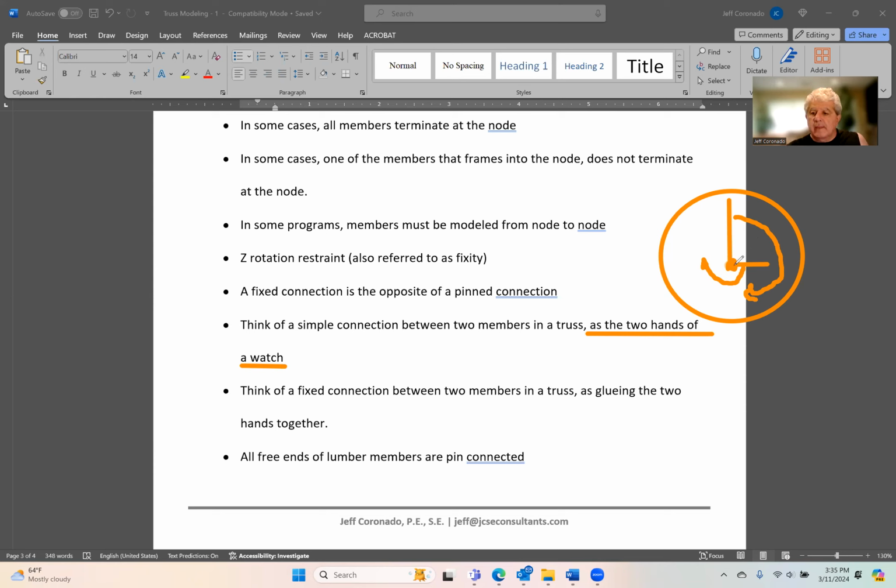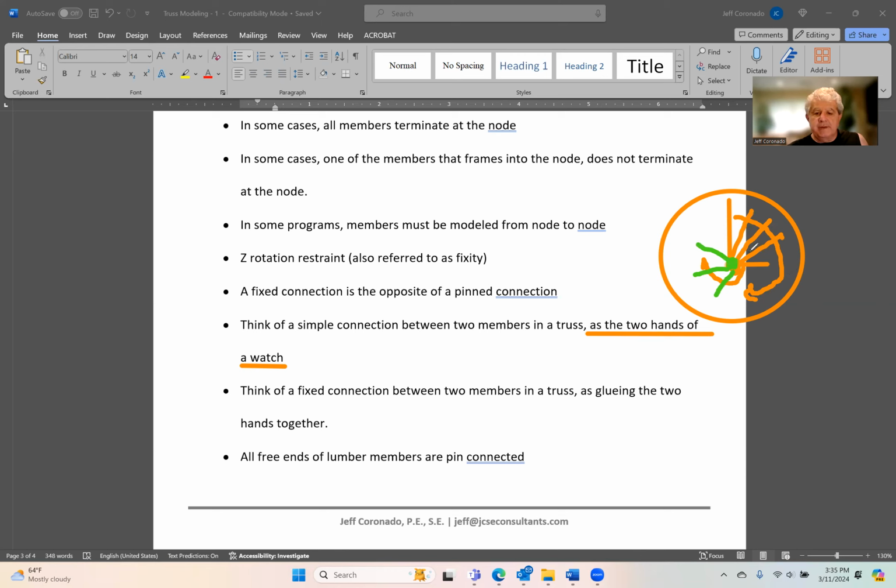They can spin about this point. So the big hand can be here, can be here. It can spin all the way around, and likewise the little hand can spin all the way around